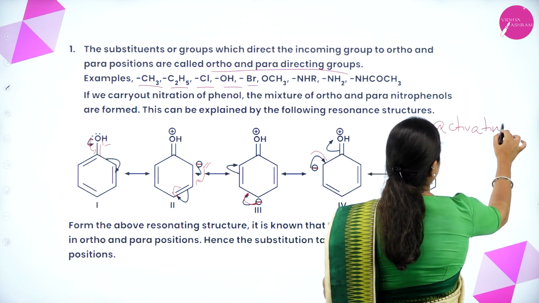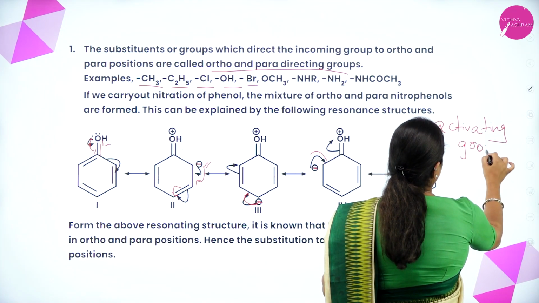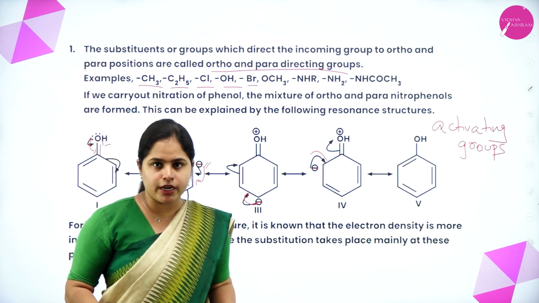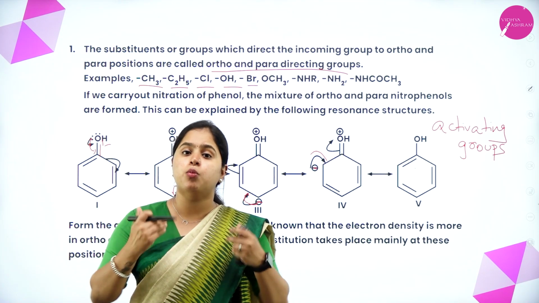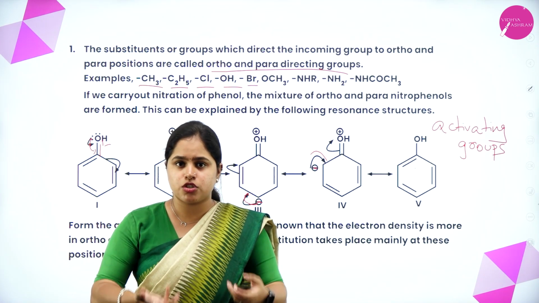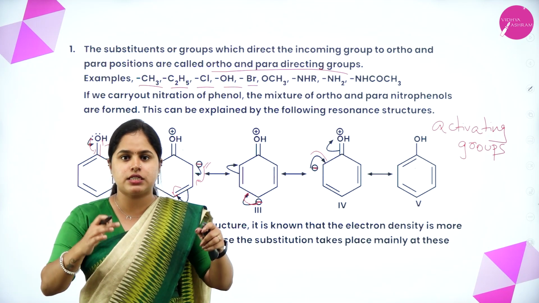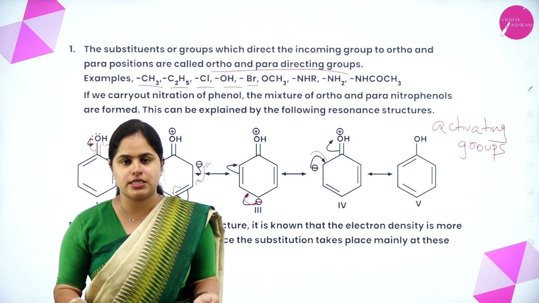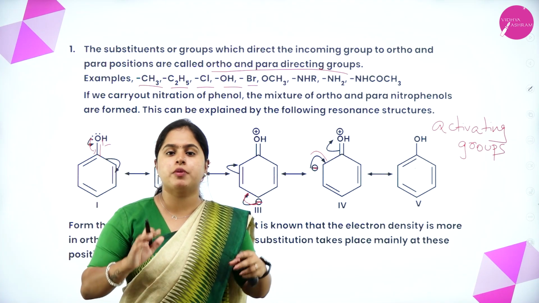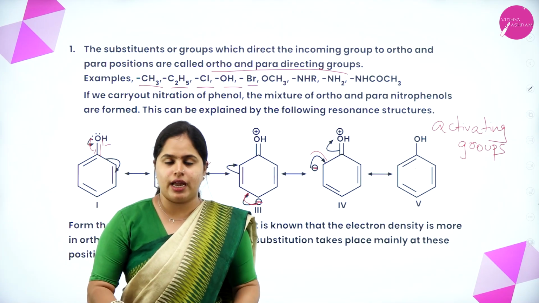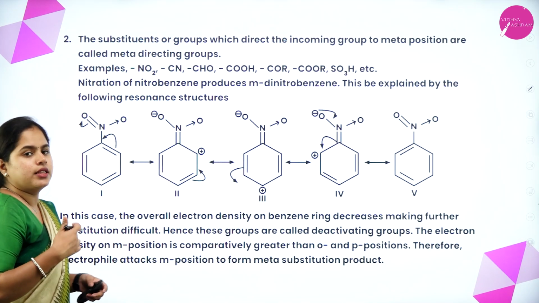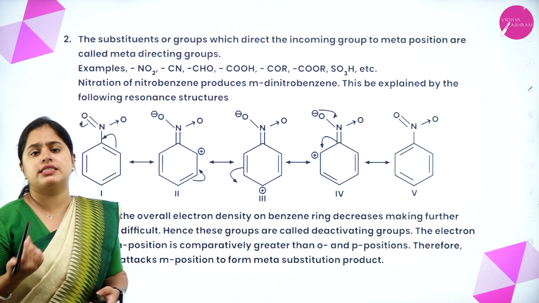They are activating groups. Why are they called activating groups? Because they have the tendency to give electrons towards the benzene and make it more electron rich, and it will increase the reactivity of benzene. It is not taking up electrons from the benzene, it is ready to donate electrons to benzene and make it more electron rich. So such groups are called activating groups because they are making the benzene more reactive, more activated, right? Okay. Now moving on to the second type, that is the meta-directing groups, also called the deactivating